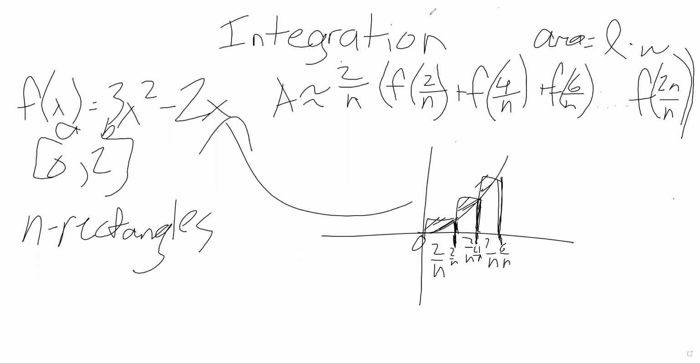So I hope you understand that since each of these is 2 over n in length, this is going to be 2n. Then you're going to be adding another 2n, which is 4n, another 2n, which is 6n, and so on, until you get to 2n over n. That's kind of just something you have to memorize, is that it ends in